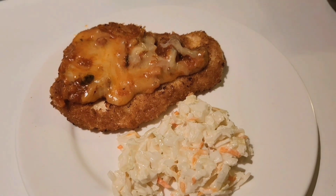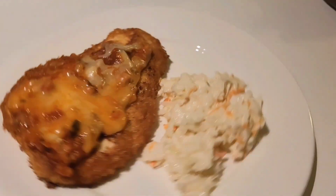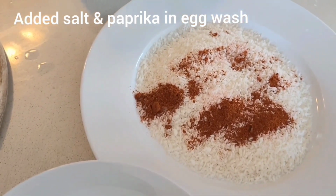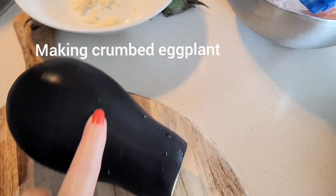In a separate pan, I heated up the pasta sauce, added some cheese. Once everything was cooked, I just poured it on top of my chicken schnitzel and served it on the side with some coleslaw. In this next meal, I've got the same type of breading mixture, but instead of chicken breast,